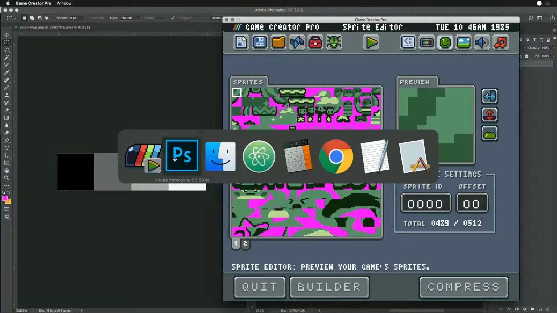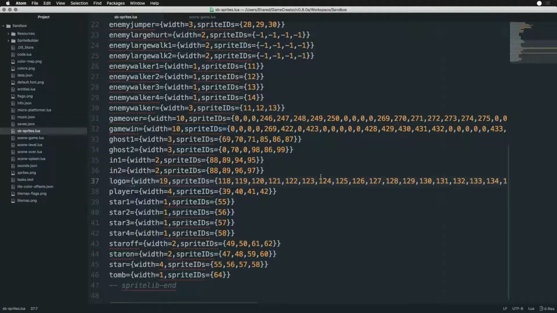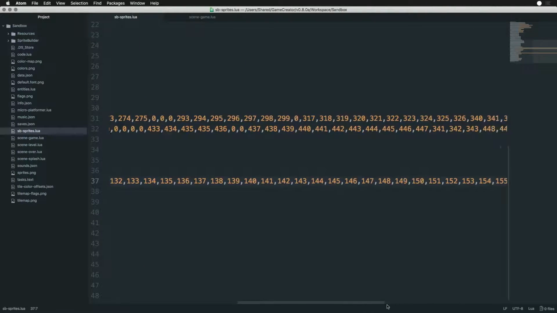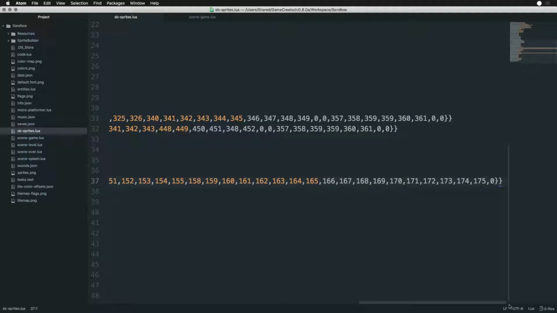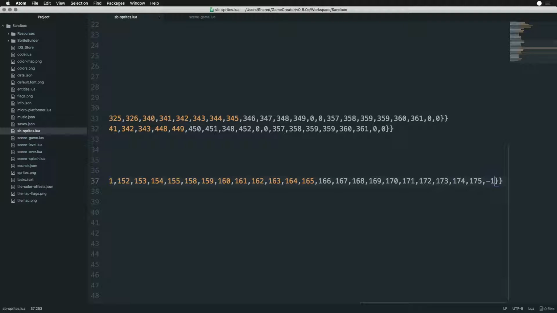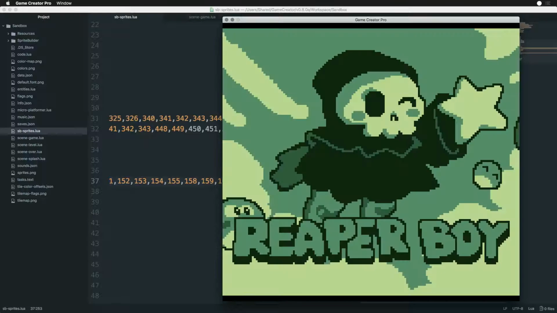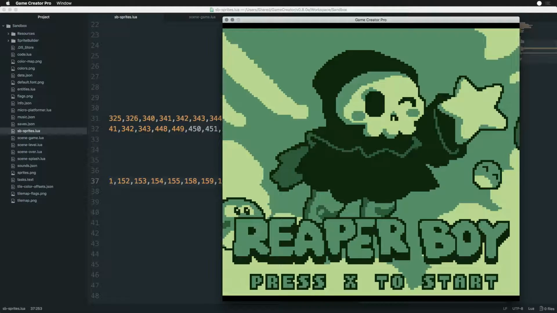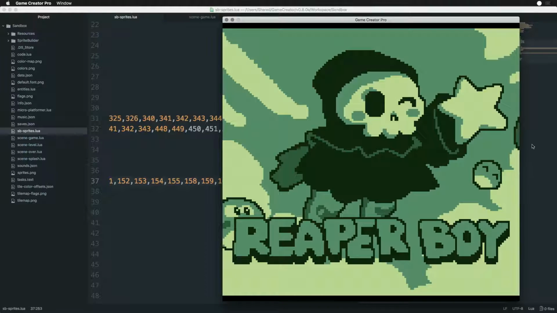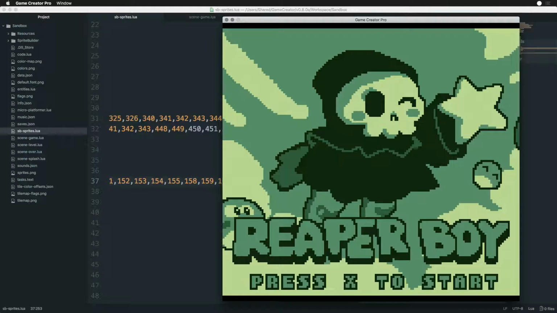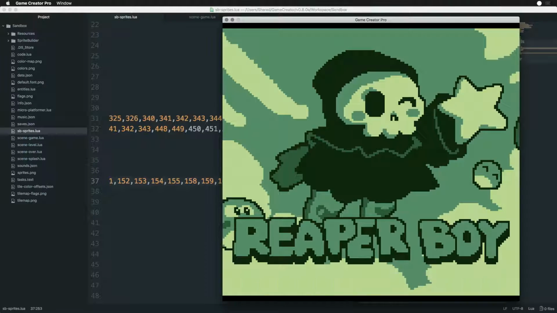All right, so I have a feeling that there is a problem with the sprite builder, because what I'm noticing is that everything that's 0 should probably be -1. Like if I came in here and I changed this to -1, and I reloaded this, and I replayed this, you see that that little piece is gone. Also interesting is that these guys are cropped, so we could probably get some more space out of this by getting rid of